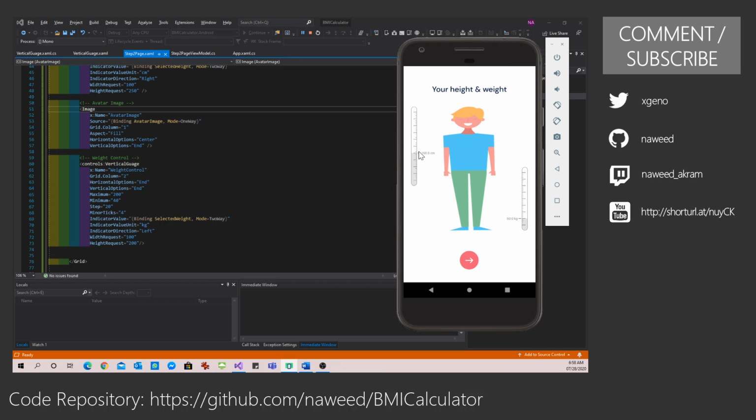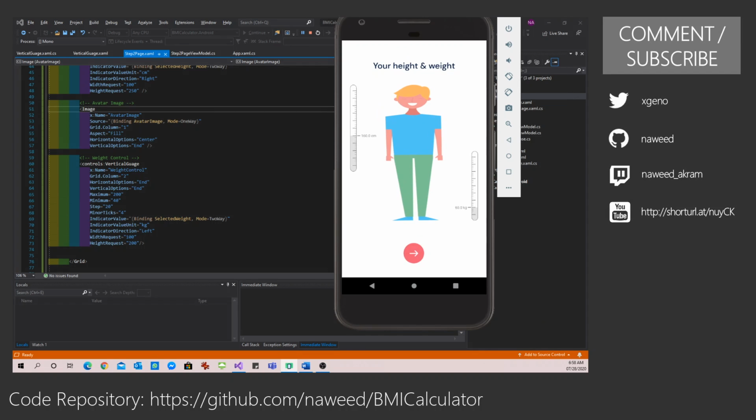And then when we are drawing the value indicator, as I mentioned, there are 3 parts. One is this indicator line, wherever we are on the scale that I'm showing. This can be a pointer, this can be an arrow, anything that you want. It's up to you. You can change the code. And then this is where I'm drawing the text, which is the current value plus the units, say 160 centimeters or 60 kilograms.